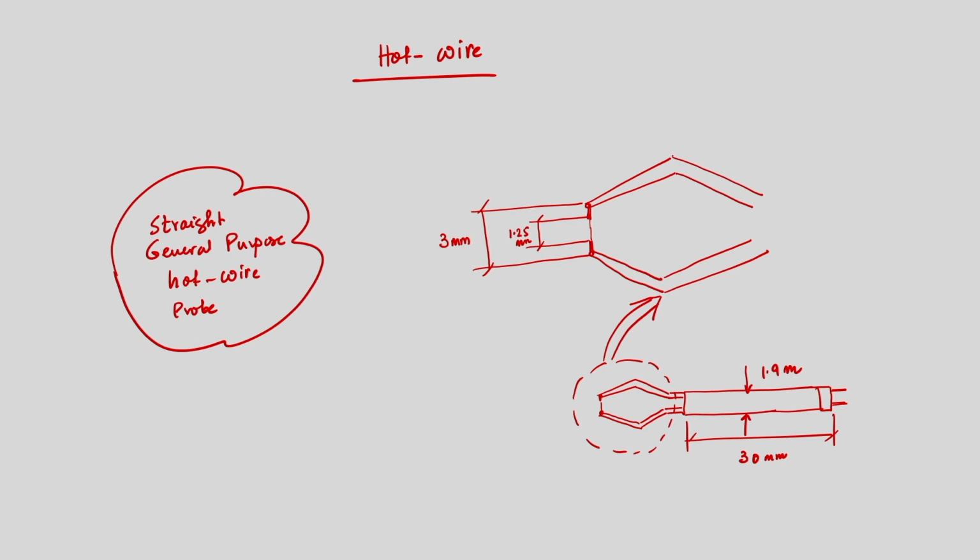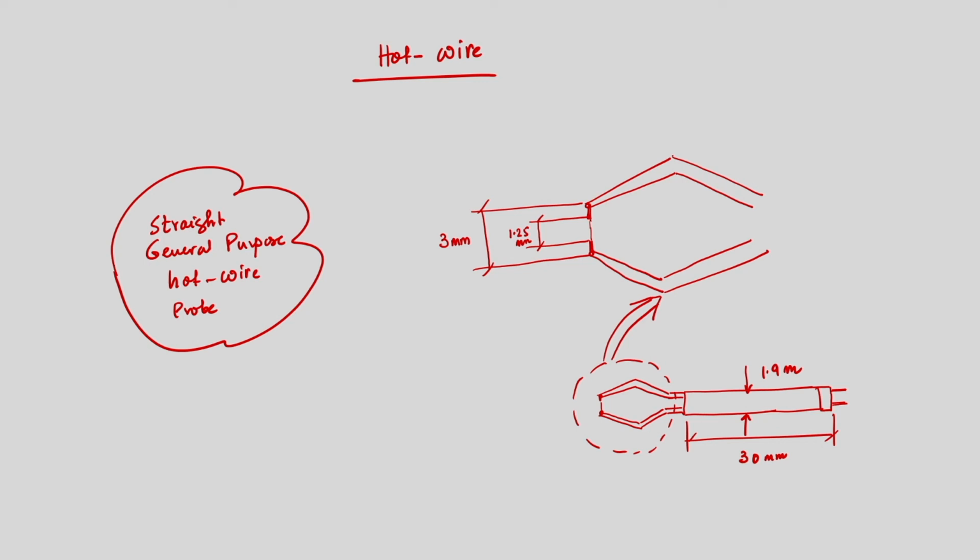Now, a few important dimensions are shown in the schematic, and this is the rather thin wire, and that is 1.25 mm, that is the length shown. Now, the dimensions which are shown over here are the characteristic dimensions. Now, this type of probe, the problem with this probe is, in fact, I didn't mark other things.